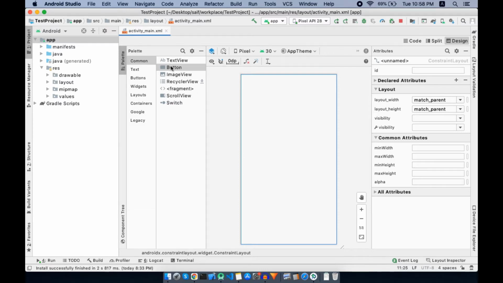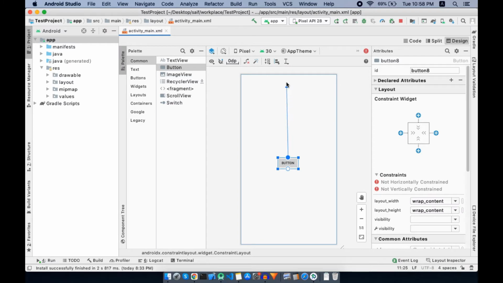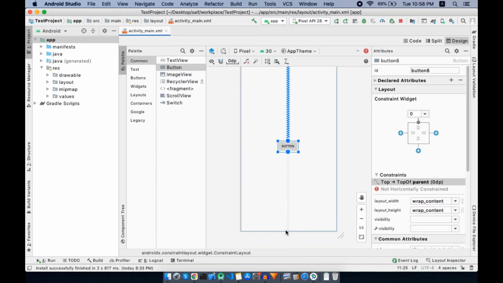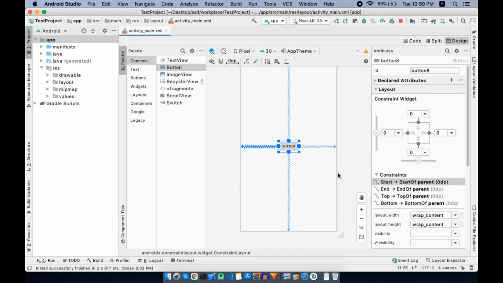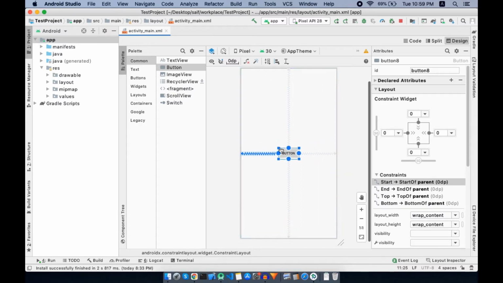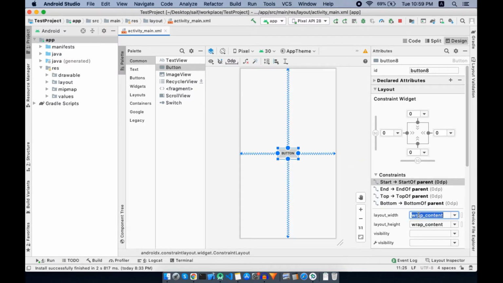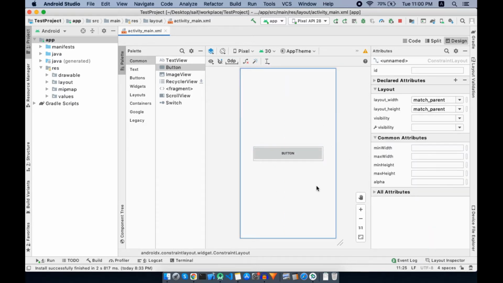We are in the layout file of our main activity. Let's create a button, drag it and set constraints top, bottom, right and left. All this to align this button in the center. Set the width to 300 dp, height let's say 60 dp. Now it's time to beautify this boring and dull button.